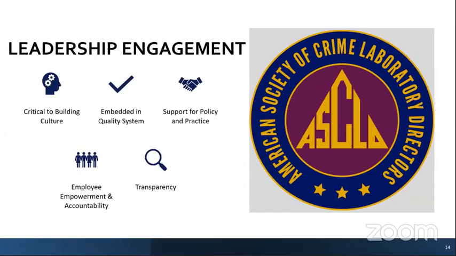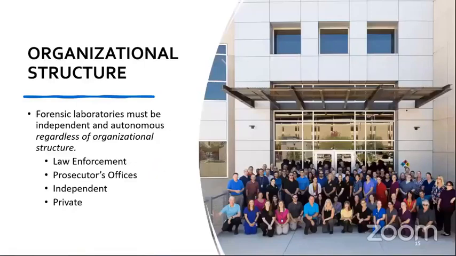And then I'm always a huge proponent of transparency. And this all contributes to that quality system and the Deming cycle of plan, do, check, act. It's an ongoing commitment to continuous improvement so that the organization is a learning organization, not just about topics such as bias, but all aspects related to the quality system and your operations. But leadership engagement is really a critical piece and foundational part of that, building a culture that is aware of bias and works to minimize its impact.